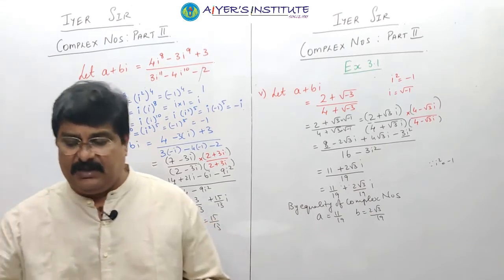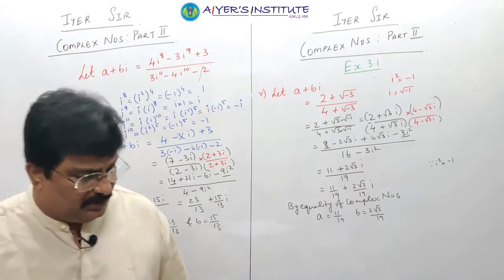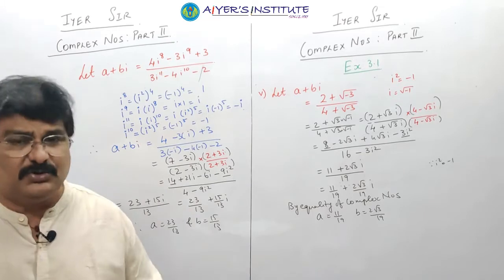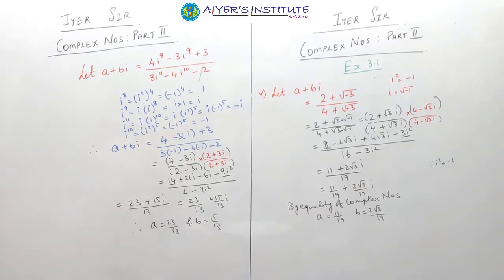Now, out of the total 7 sums, I think I have done all. This one I have left, so please see that you do it for homework. Apart from that, I will be giving you a set of sums which you will do again. Now take a pause of 2 seconds. Pause yourself, copy it down properly.